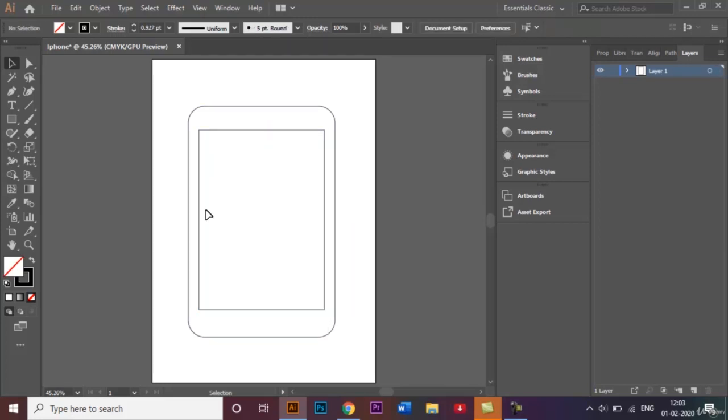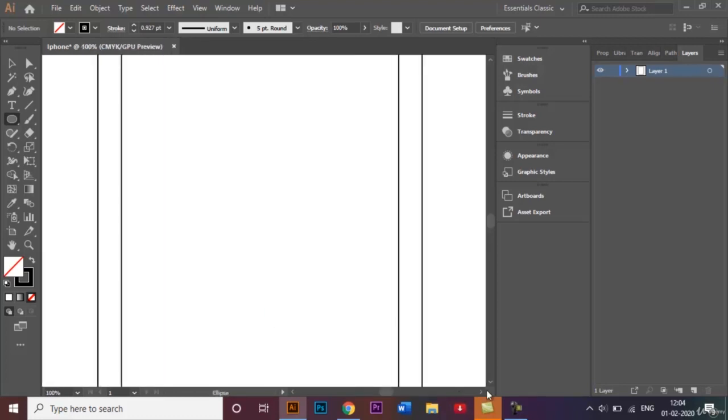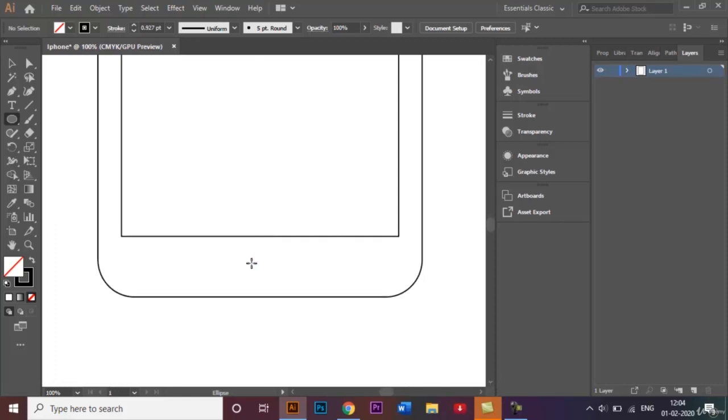So this is the actual screen display and this is the main body. Now the only thing left here is that we have to add the small camera over here, and the home button right here. For that, I will be using this ellipse tool. I'll zoom in, come to the down portion right here, and click Shift plus Alt to make a circle,